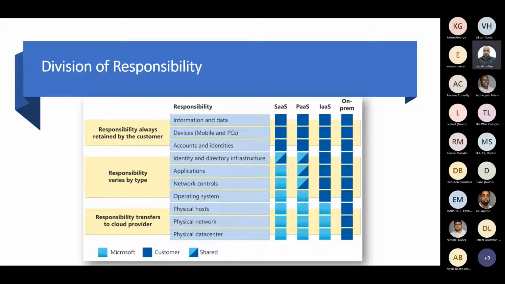The customer owns their data and identities, and the customer is always responsible for protecting the security of their data and identities. On-premises resources and cloud components also fall within the management of the customer, and there are some services that vary by type. But regardless of the deployment type, we would like to be clear that the following responsibilities are always retained by the customer: data, endpoints, accounts, and access management.